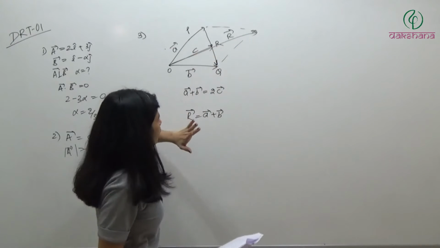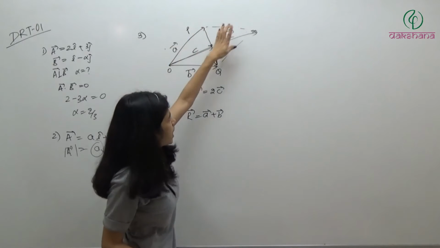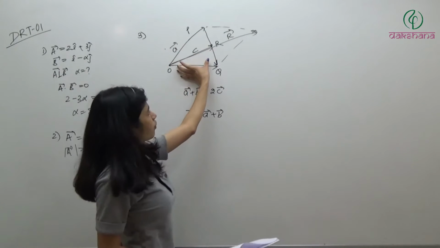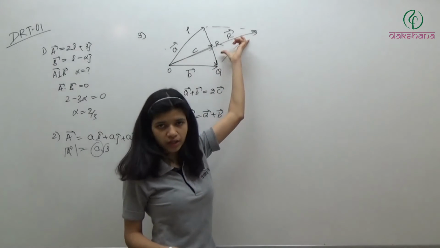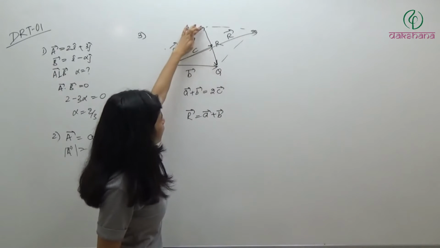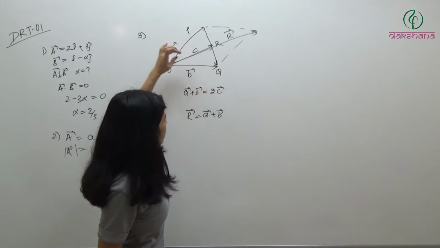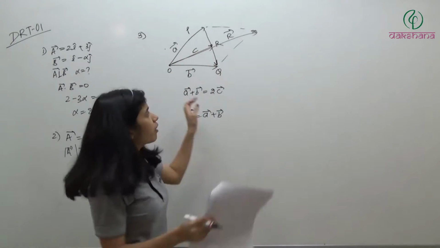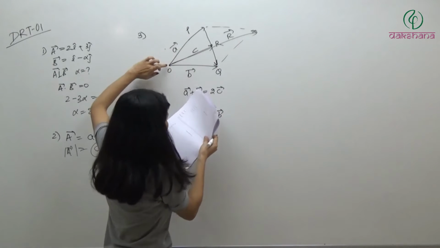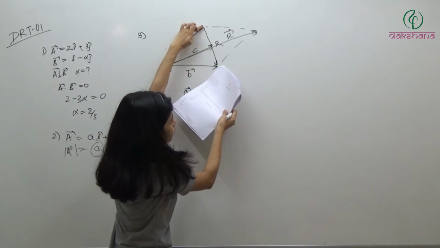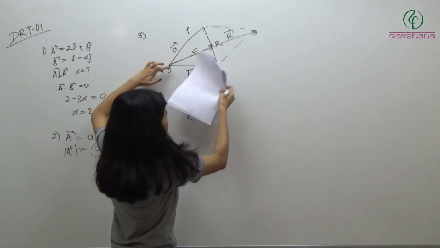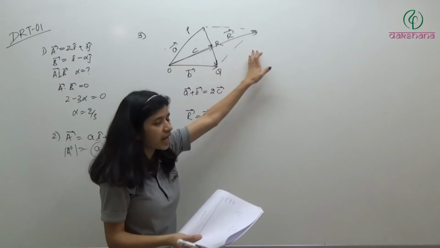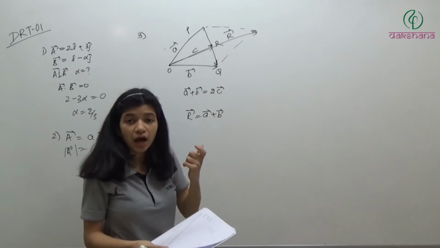Now in this parallelogram you can see that this is the first diagonal, this is the second diagonal, correct? And this is the half of the diagonal, this is the half of the diagonal. Clear? The line from this vertex to the midpoint of this diagonal will definitely be half of this diagonal. The line joining this point and the midpoint of this diagonal, I am talking about this line, is going to be half of the parallelogram's diagonal, and half of this diagonal will be half of the resultant.